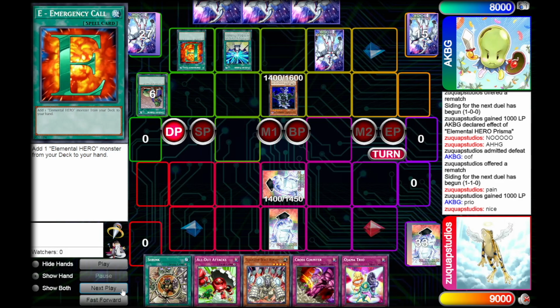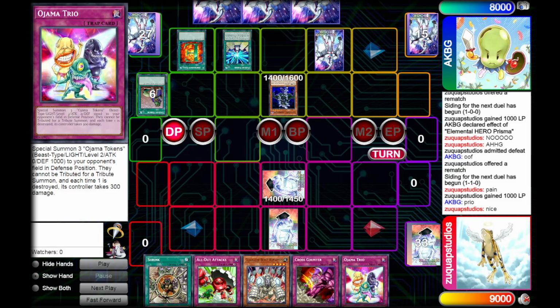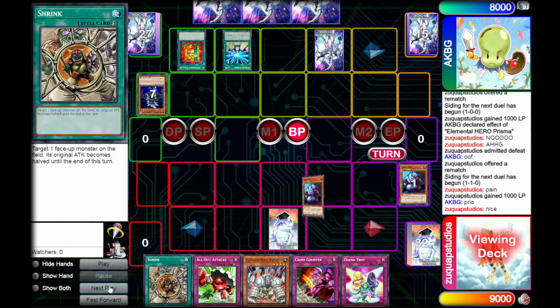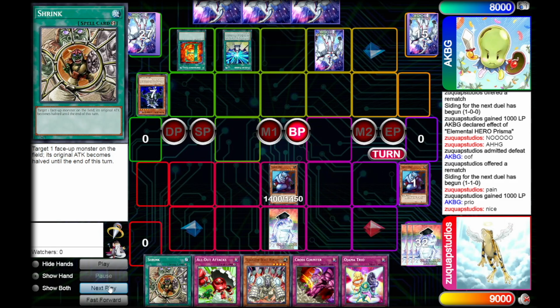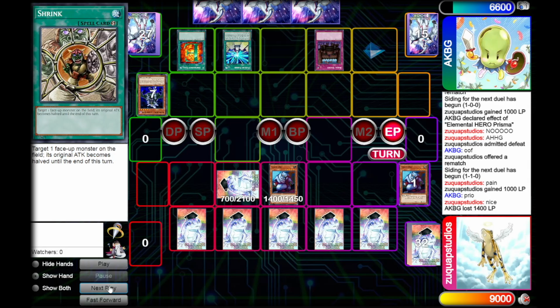We draw Ojama Trio, which is very good. With all-out attacks, we can combo Ojama Trio to make all the tokens attack our monsters. So we're gonna go attack with this giant rat into their monster, get out another giant rat, attack for 1400. We're then going to set all of our monsters and the back row and pass the...